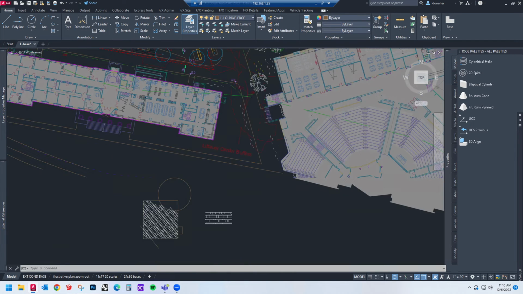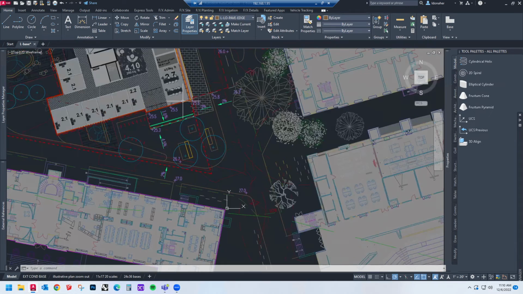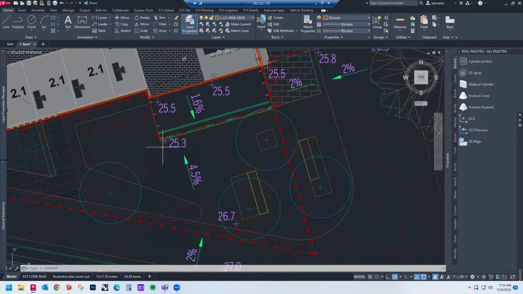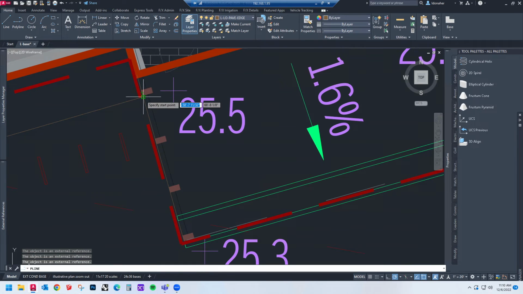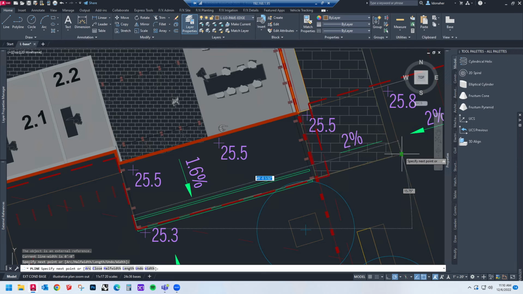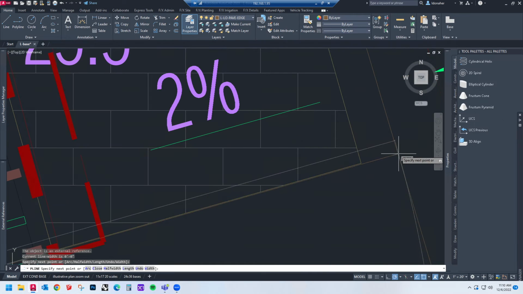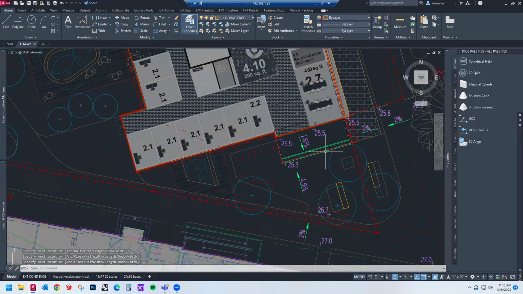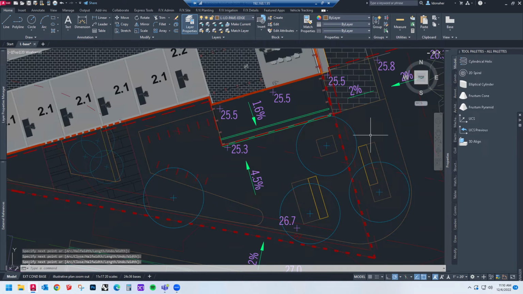And let's see. Let's say I want to do Superhatch in this really complicated region here, but I don't want it to hatch around every single piece of text or bike rack or everything. So let me just draw an extra line here. Okay, so you can select the boundary lines you want. So if I do Superhatch,